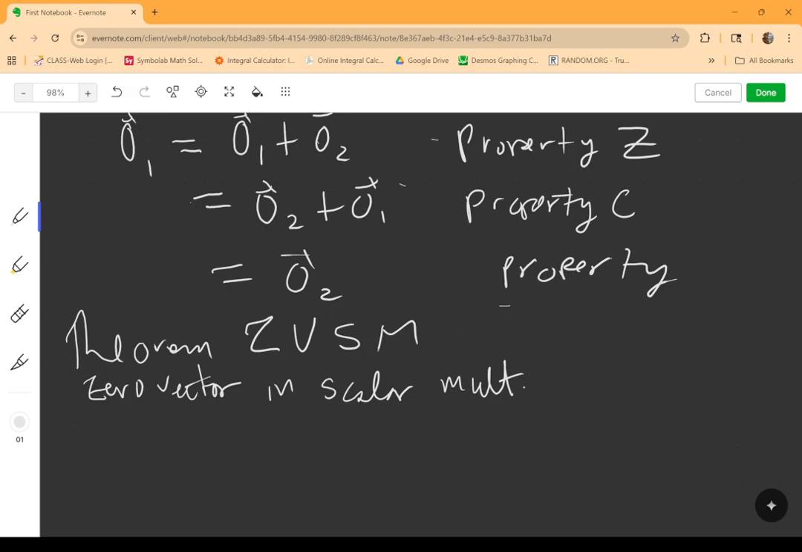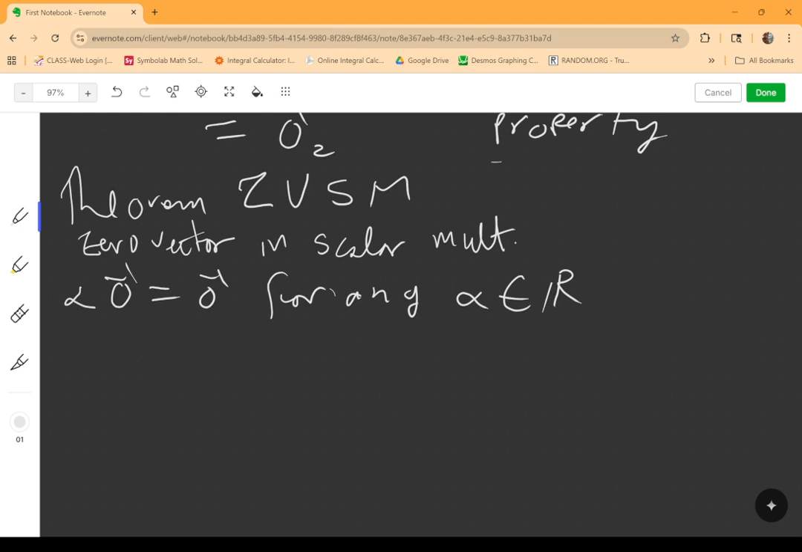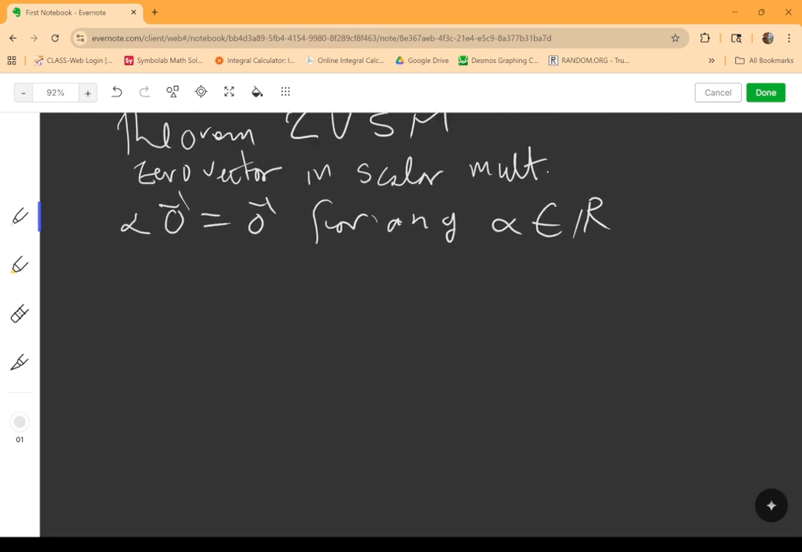Okay. All right. So in this case here, this theorem states that suppose that V is a vector space. So V is a vector space, then alpha times the zero vector is equal to the zero vector for any alpha element of the real numbers. Okay, and again, all we're using here are the axioms of